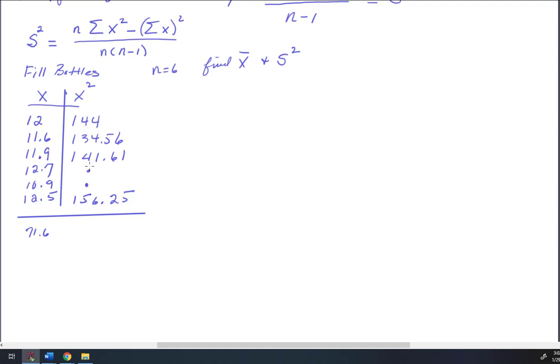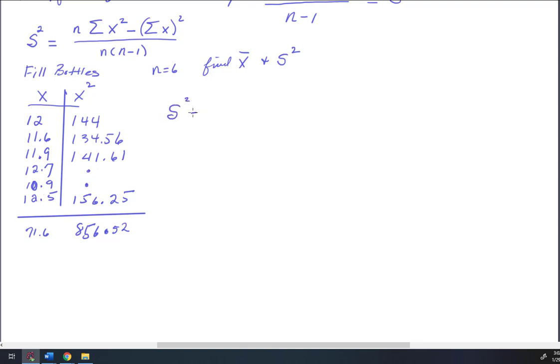71.6. And then I added up this column, of course not using dots here, but using the square of 12.7 and the square of, looks like that was 10.9. When I added this column up then, I got 856.52. So now if I take these two numbers and put them in this formula, I see that I've got